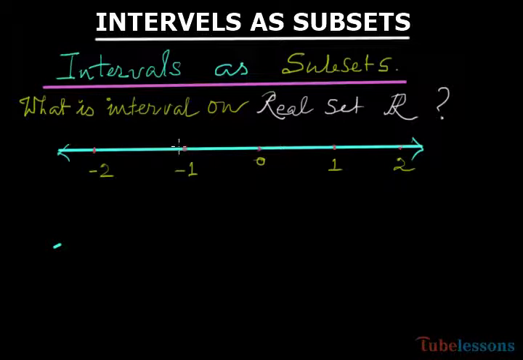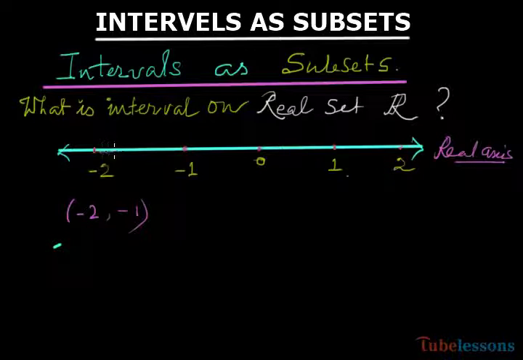Look at this figure. This is called the real axis. The real axis is a straight line where we represent all real numbers as points. This point is 0, then 1, 2, so these are the integers, and in between 0 and 1 there are infinitely many rational numbers and irrational numbers present. Between 1 and 2, between minus 1 and 0, there are infinitely many irrational and rational numbers, all present there. So if you take, suppose, an interval minus 2 to minus 1,